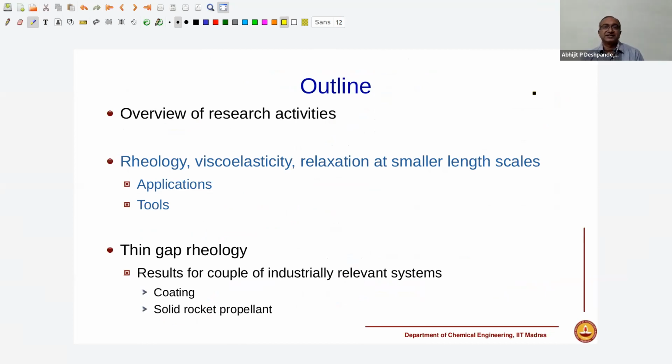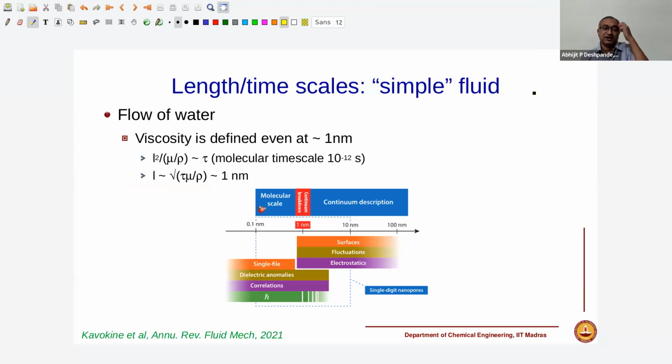And so with this overview of the set of materials and the kind of tools that we use in our rheological investigations, I'll spend the next few minutes trying to highlight going to smaller scales and what are different examples where others are also working in this area. So just to start out with, when we look at a simple fluid, let's say water, and the flow of water,